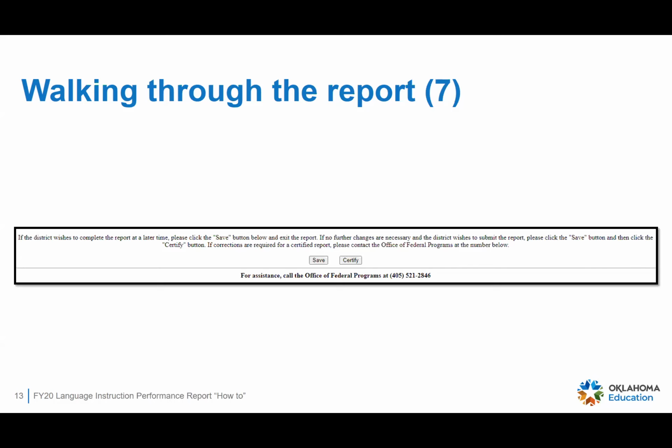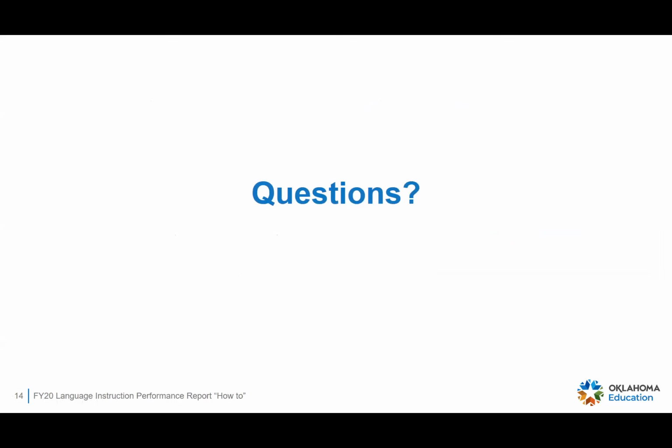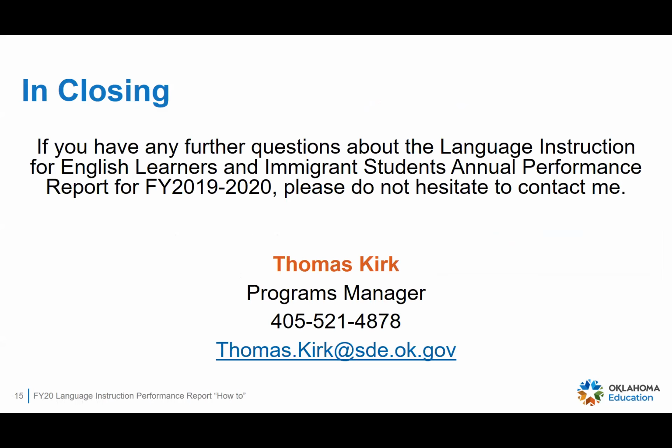There's a phone number here for assistance called the Office of Federal Programs, and that's our main office number. Most of us are not working in the office all the time right now, so it's perhaps better to call me. My office phone number is this one here, 405-521-4878. Again, I'm more often than not working remotely these days, but any messages left at that number I do receive at home. So feel free to call that and leave a message, or you can contact me at my email,